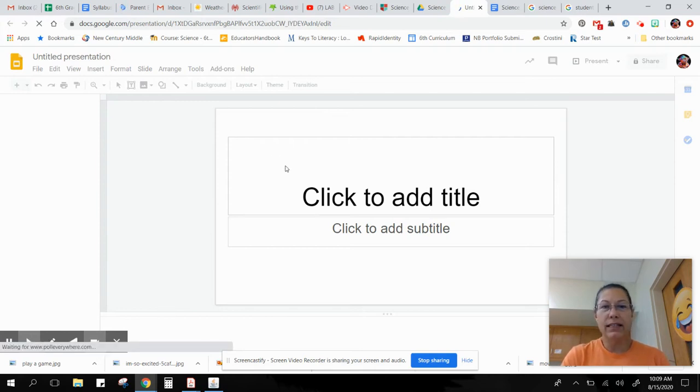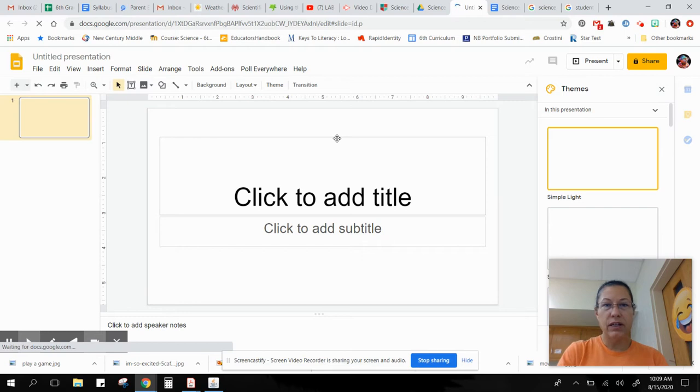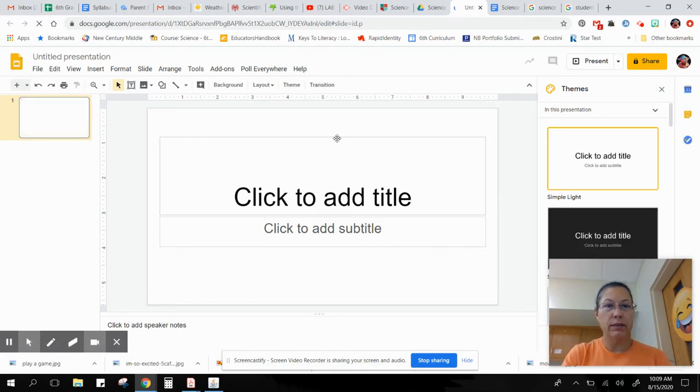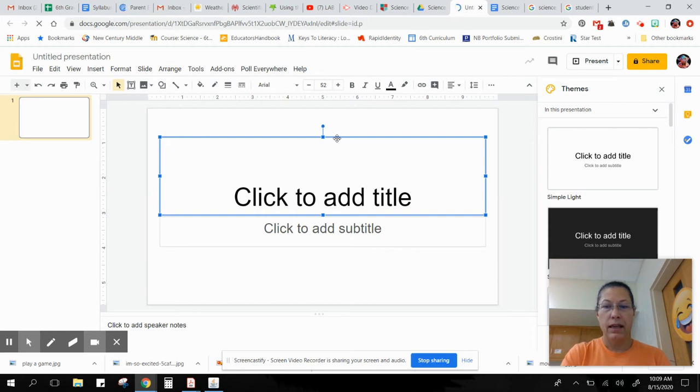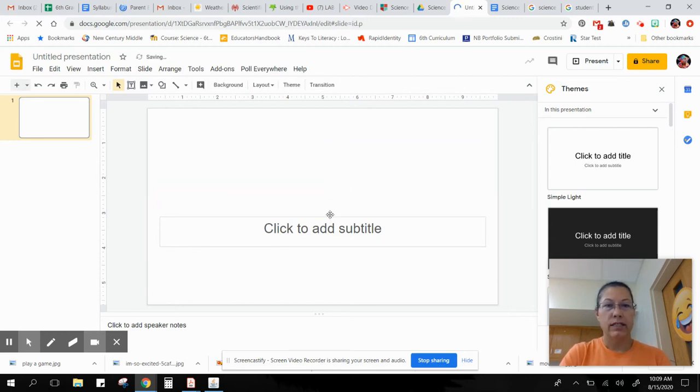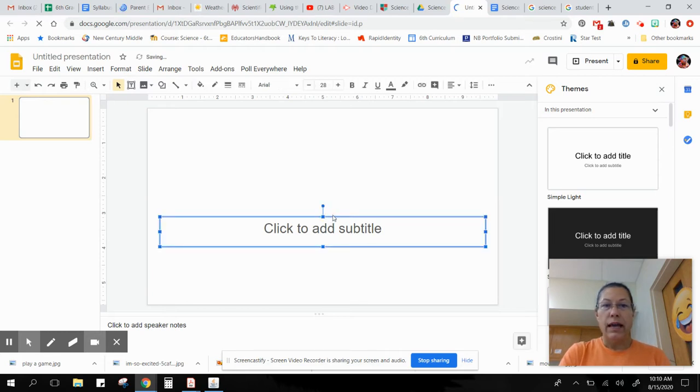Now, automatically, it's going to give you a title page or a title slide. So you can delete some of this and move some things around. Once it finishes loading, I'll show you how to do that. Okay, so we're going to click on this box and delete that. And I'm going to click on this box because we don't need a subtitle. Now you can actually use this as the title and just drag it to the top